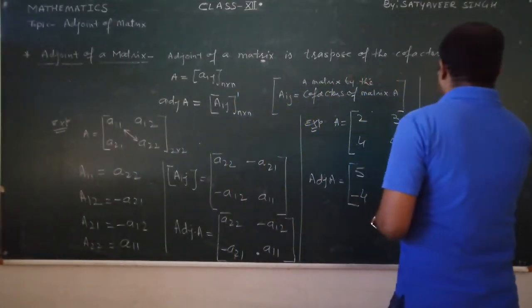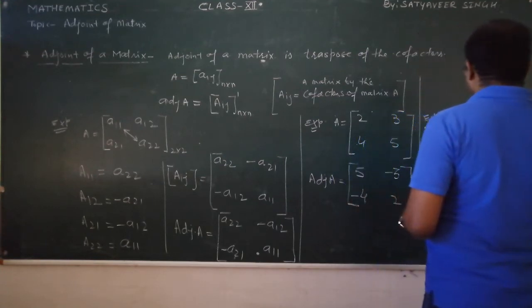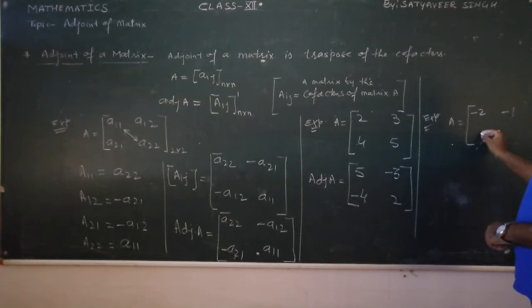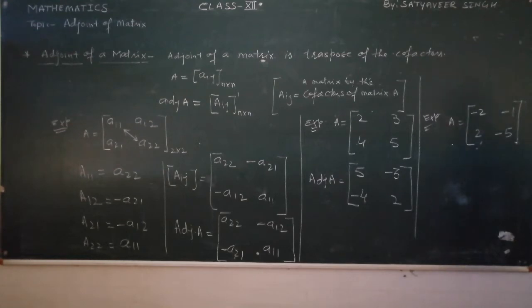If it is given a matrix A, suppose minus 2, minus 1 and 2, minus 5, what is the adjoint of this? So we can find the adjoint: we can find the cofactors of each element and a matrix of the transpose